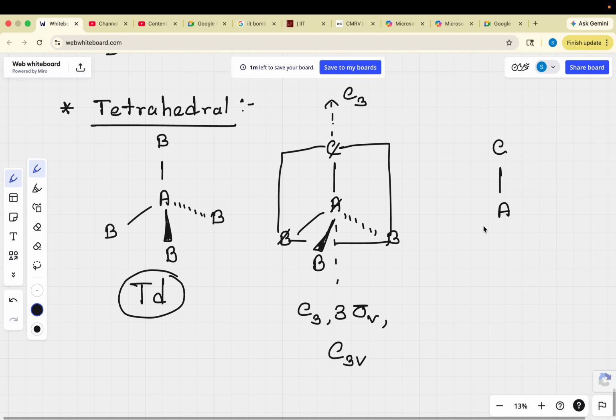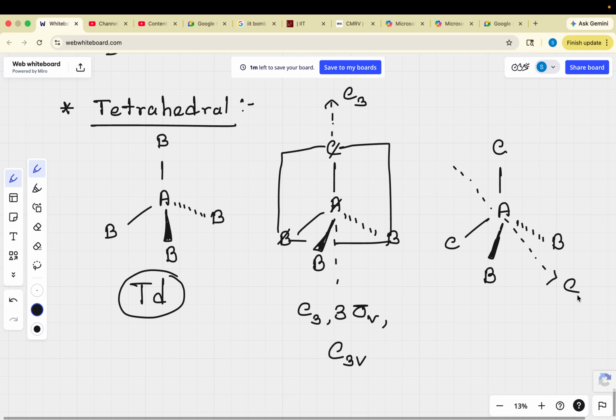So this is your C, this is also C, this one is your B and B. So that time what you will get, if you have two atoms like this, C, C, B, B, you can think that